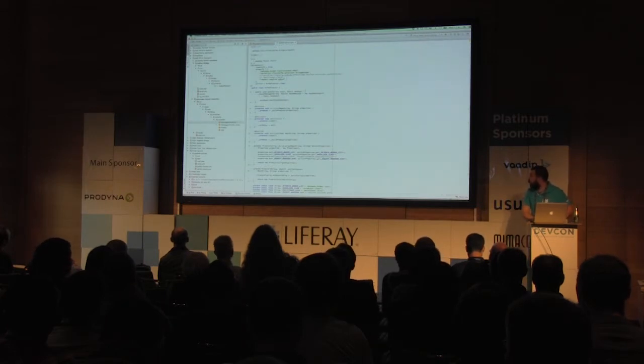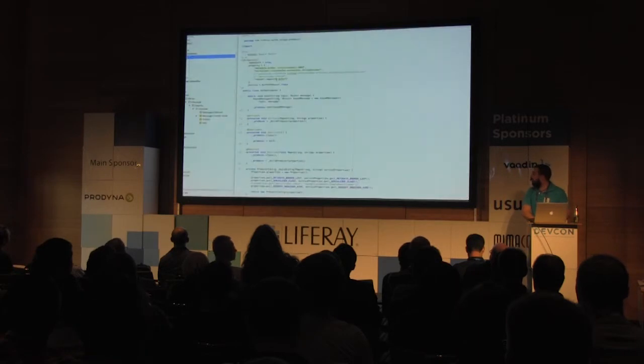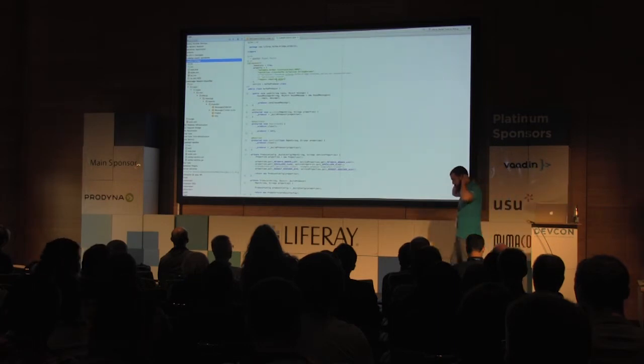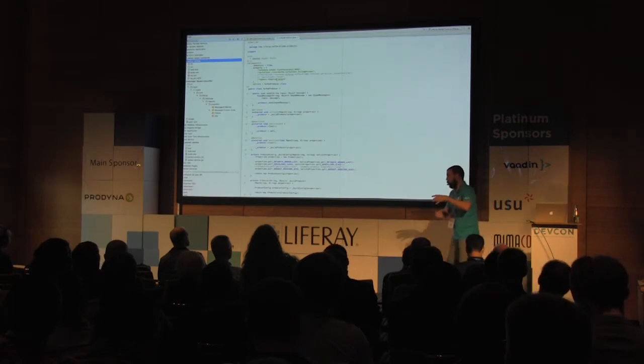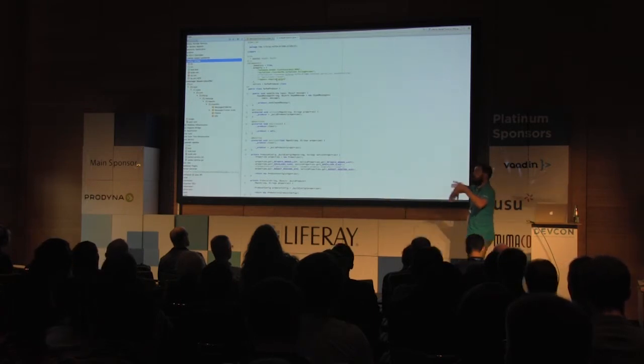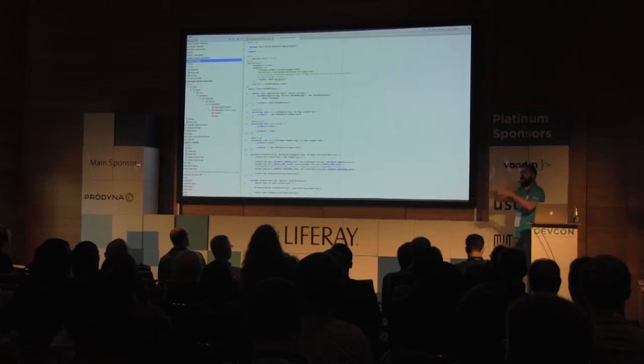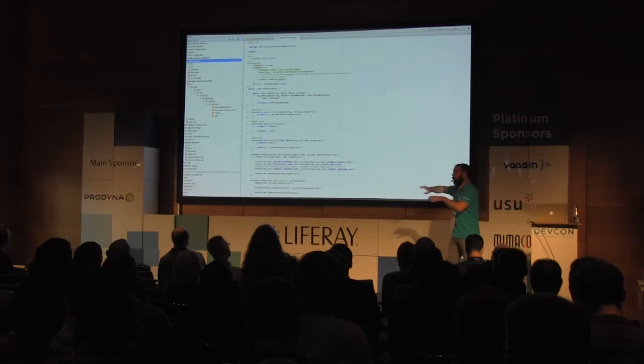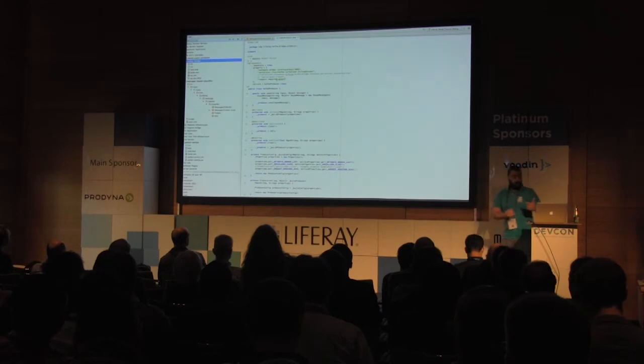So the first thing we need is a bridge. I need some piece that connects Liferay with Kafka. Every time I publish something, I just want to send it to this message broker. I've written a bridge between the message bus and Kafka, so you don't need to learn a new API. You don't need to learn anything new. You just need to publish a message using the message bus. And if you have this bridge deployed, which is an OSGi bundle, it will automatically publish for you within the Kafka broker. Okay, so how do you use that?